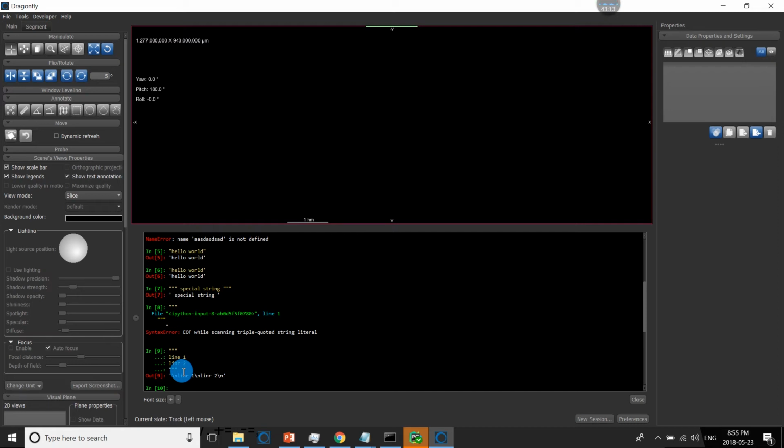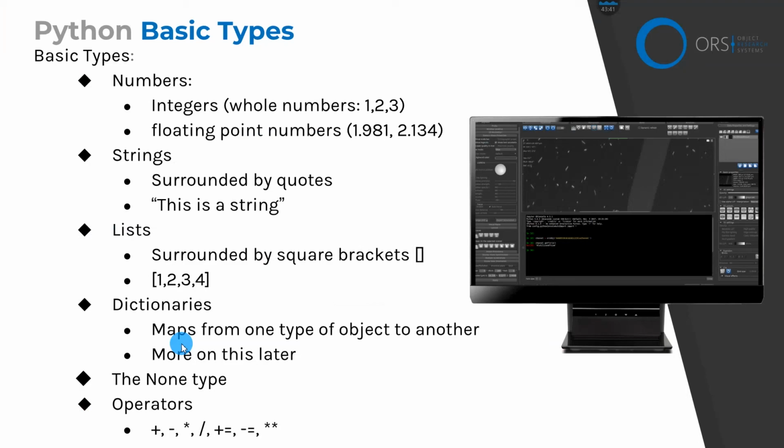So for this special string, if you press Control Enter, you can do multi-line strings, like line 1, Control Enter again to do a new line, line 2, and then you can close it with 3 quotes.